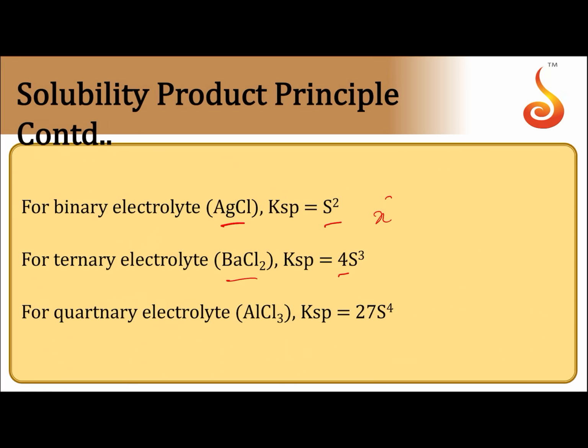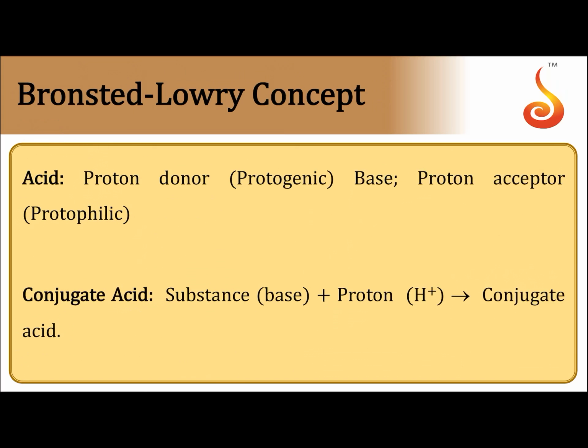So we can apply the formula x^x y^y S^(x+y) for these things. Then the theories of acids and bases, Bronsted-Lowry theory. So a proton donor or protogenic substance is called an acid. A proton acceptor or protophilic substance is called